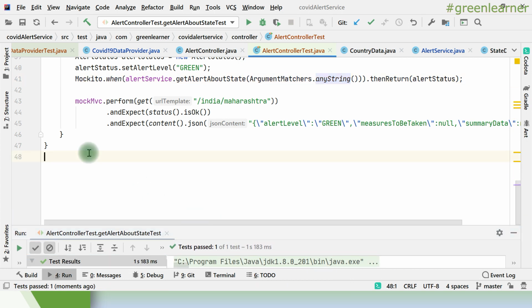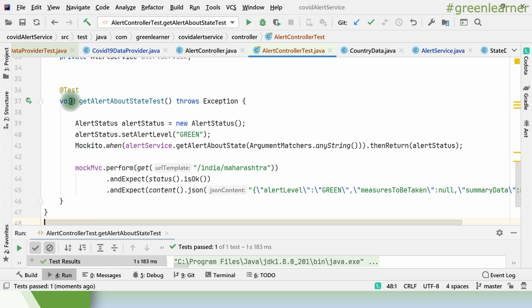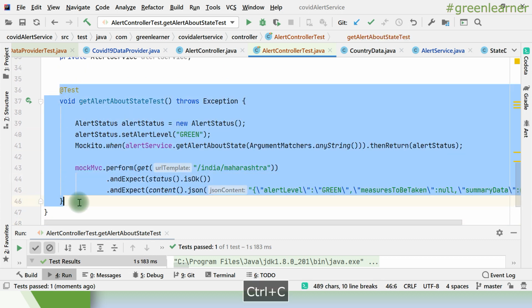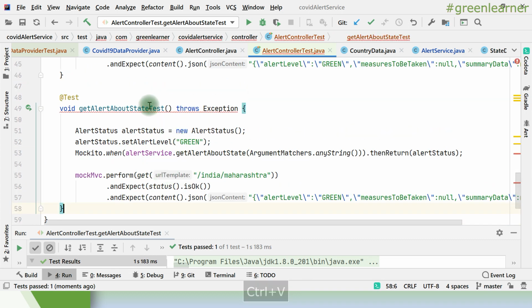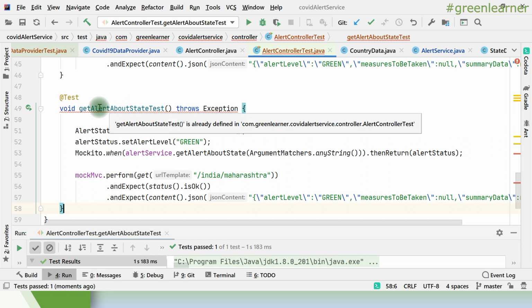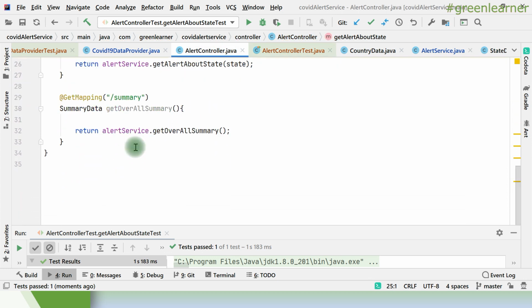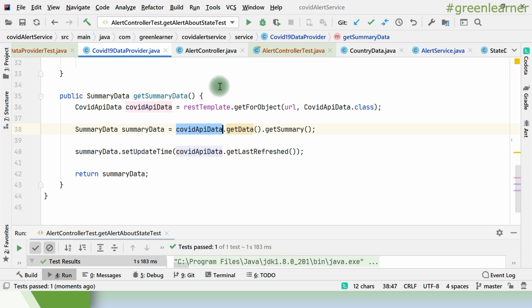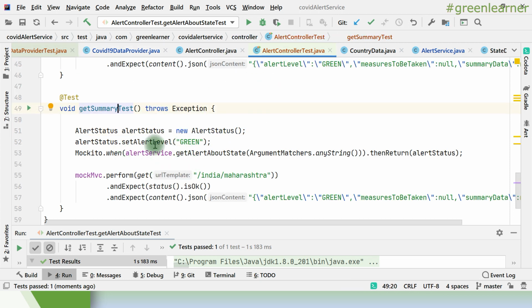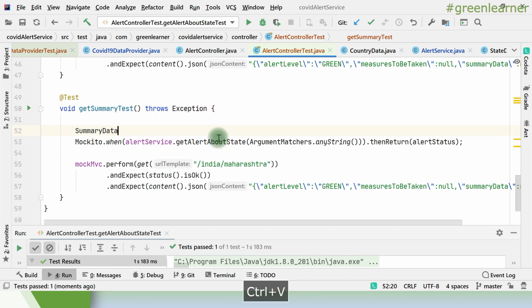In the same way we can write the test about the summary. So just write this one, get summary test. So in get overall summary, here it is, right? It is giving me this summary data. So I just have to change where is this alert controller test, and I have to remove this one.